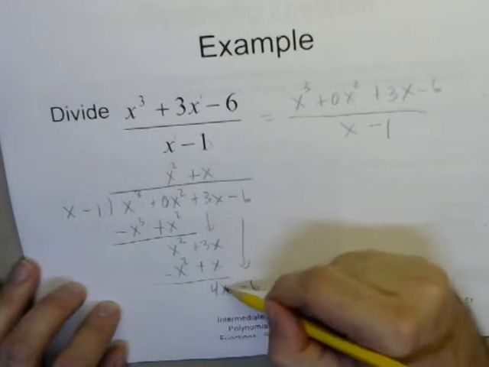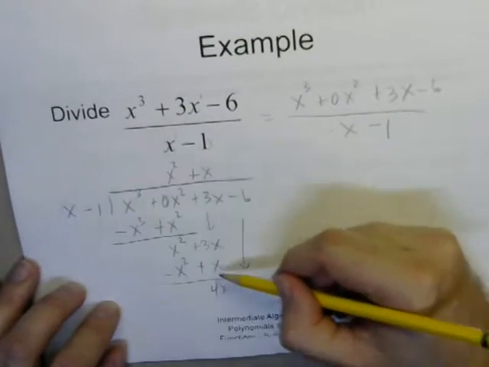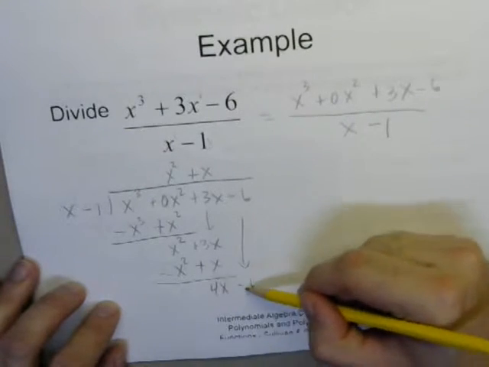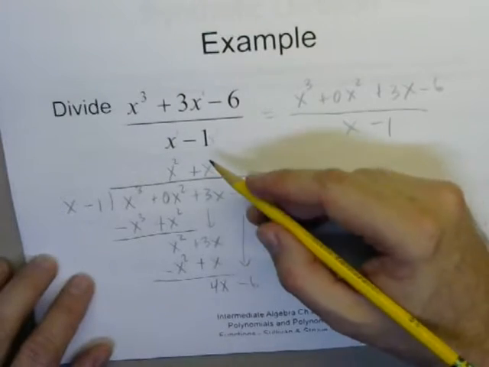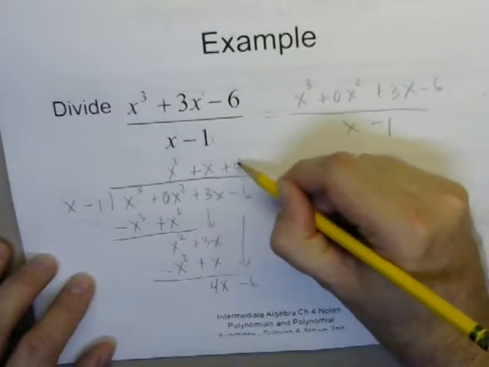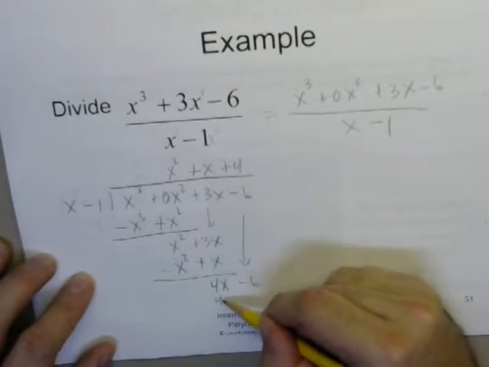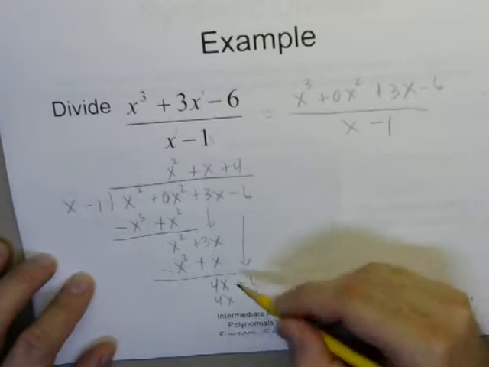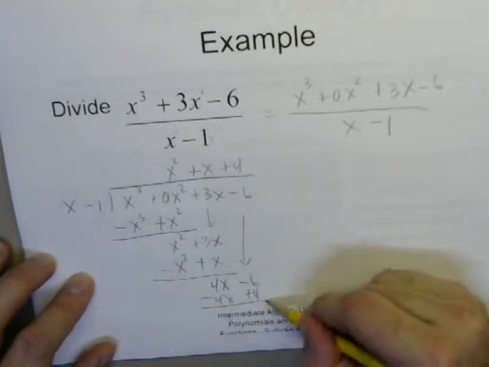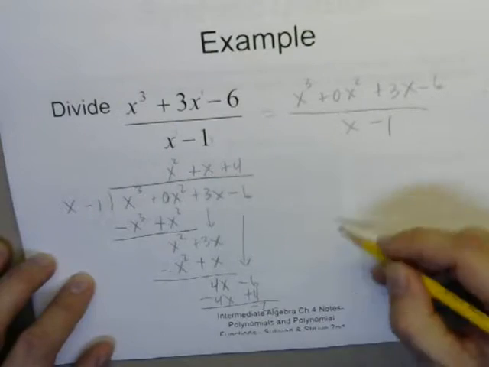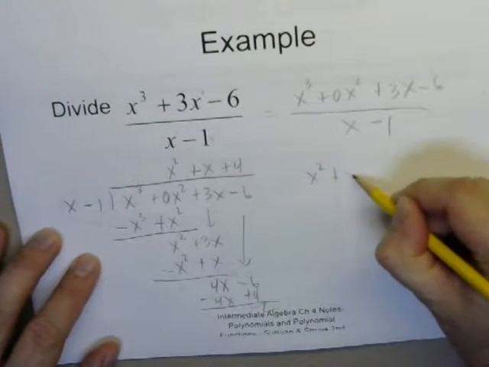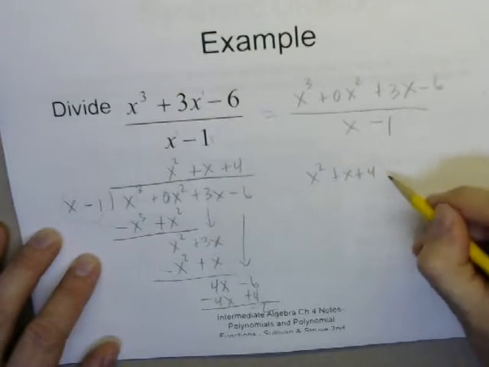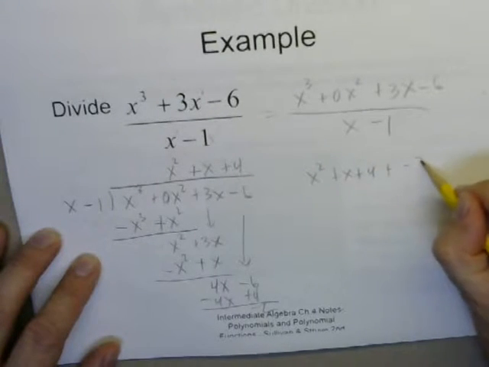Again, you have to keep going because they're of the same degree now, right? Remember, you can stop once the degree of this is less than that. So again, what would you multiply x by to give you 4x? Well, you'd multiply by 4. So take 4 times each one of these, which will be 4x minus 4, and then just go ahead and subtract. So it'll give you minus 2. So the answer for this then would be x squared plus x plus 4 plus the remainder of minus 2